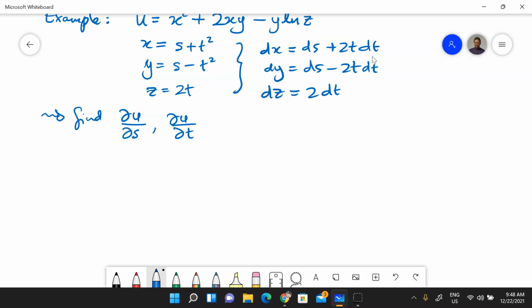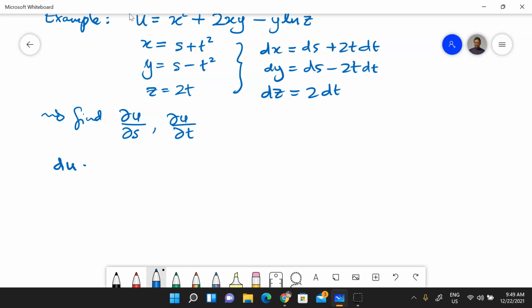But remember, what you want is partial u, partial s, partial u, partial t. What do we want in this particular case? I want to take the differential of that equation on top. So the differential of that is going to be,